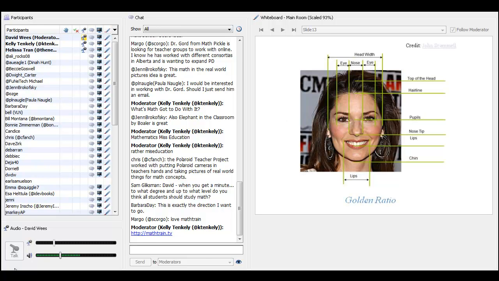This is from John Scammell. I mean, this is a very, very typical exercise. The question is, is there a relationship between the golden ratio and beauty? So you take a person's face, you dissect it into different ratios, and you try to determine, like, does somebody that we consider beautiful actually have the golden ratio present in their face? It's a mathematical computation. It's not something that's terribly complex. The kids have to be able to divide decimals. That's about it. But now they see there's a reason for doing this division.